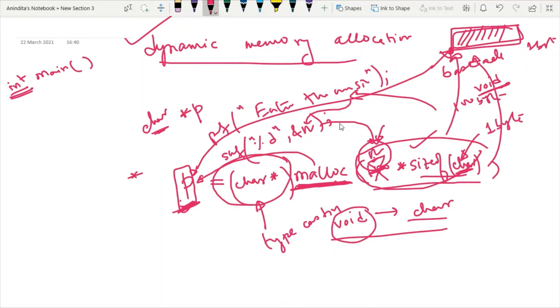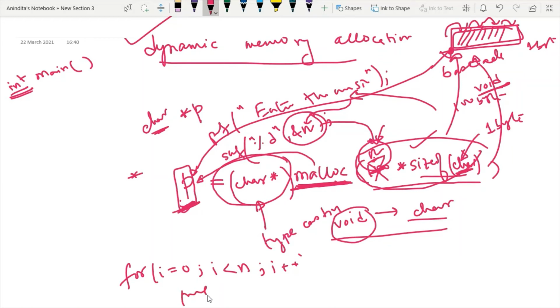After allocating this malloc function, we have to print the value of the malloc. How to print? Since it is a memory chunk, I have to traverse it each time to print each and every element in the malloc. So again I have to use a loop, and the size of the loop is decided by the user. So it is n and i plus plus.